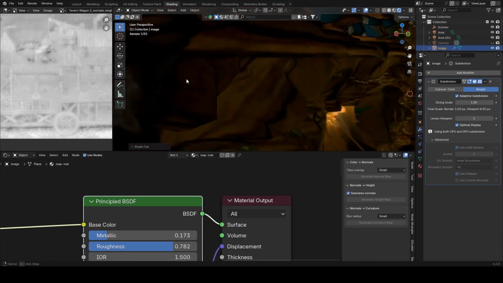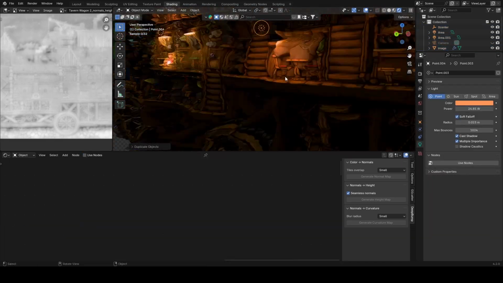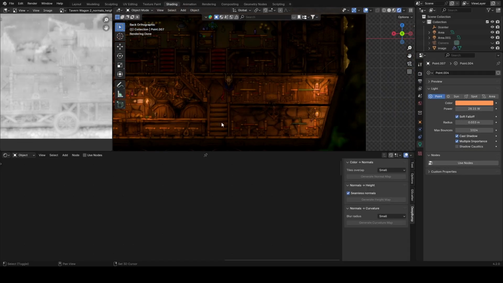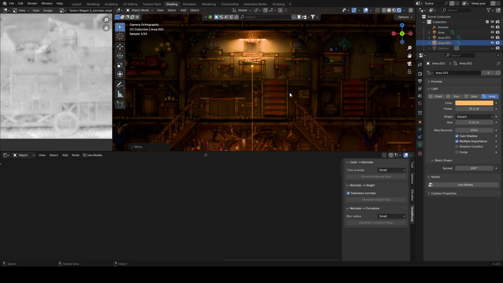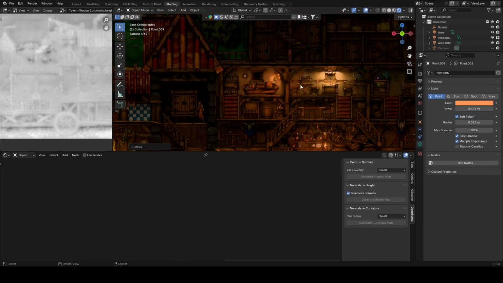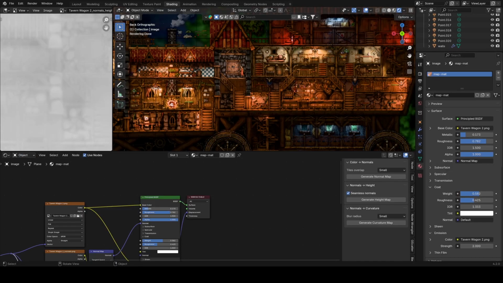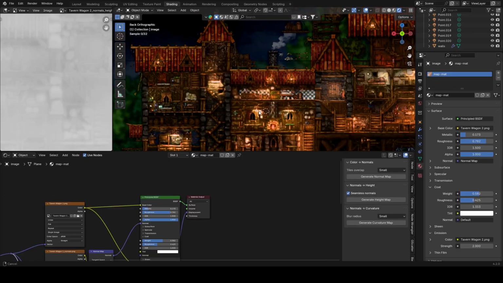It's really fun. I recommend using different viewport levels for your subdivision modifier though, depending on how much detail you need. It can be quite good sometimes to take a look at it in like close up and in high detail, but unless you have a really strong computer, it can get a little bit too slow to work with it. After a little while, you should be left with something like this, a nicely lit, moody scene that looks